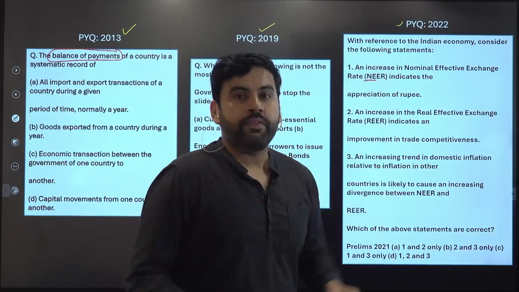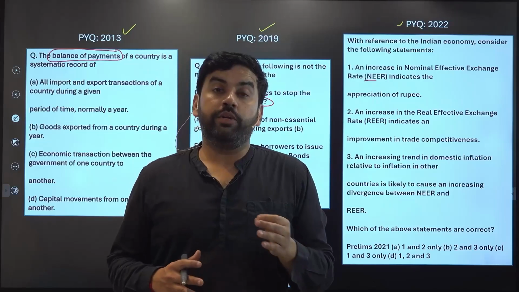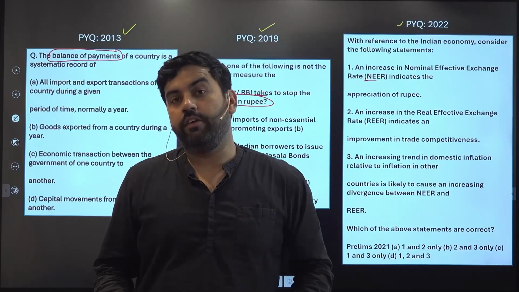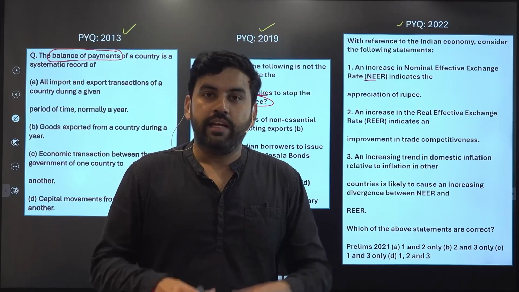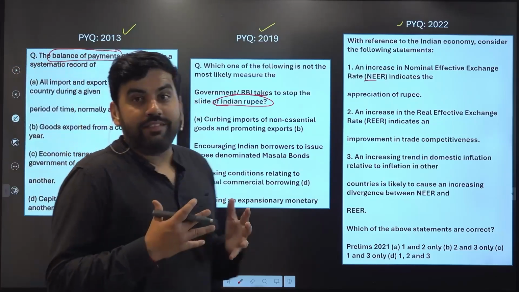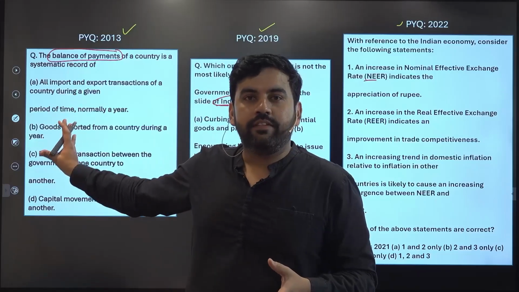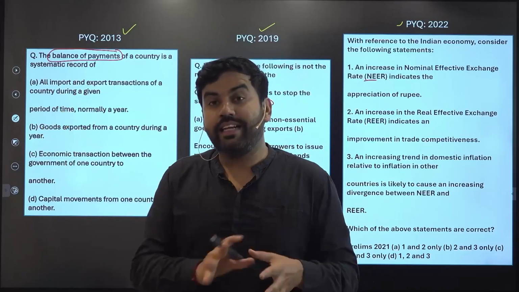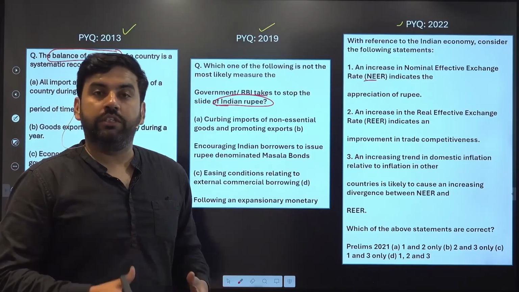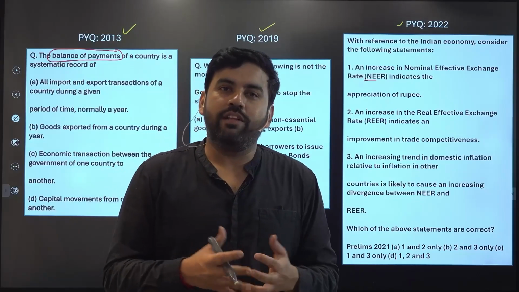Then NEER. NEER is the nominal effective exchange rate. UPSC asked a question in 2022 because in that year it was a major current affair. This year also it has been a current affair, so we'll be covering that topic thoroughly in these classes. These are the 3 topics which are going to give us a guiding force, a guideline. The first tells us about the external sector, the balance of payment. The second tells us about the rupee, its appreciation, depreciation, foreign exchange determination and everything else. And the last one is the indicators on the exchange rate.